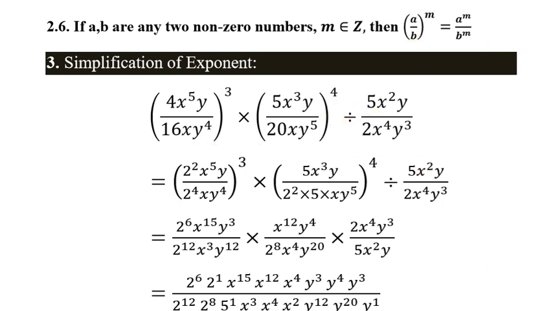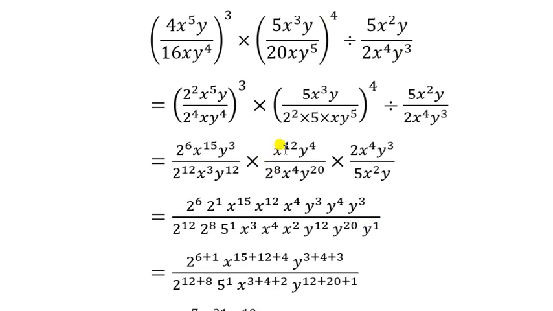So before we simplify, first we have to convert all the given numbers into prime factors. 4 we can write as 2 to the power 2, the other terms will be the same. 16 we can write as 2 to the power 4, because if we factorize 16 it will come 2 into 2 into 2 into 2. 2 will come 4 times, that's why 2 to the power 4. 5 no need to factorize because it is already in prime form. And 20 you will factorize as 2 to the power 2 into 5. And the others are already in prime form, 2 and 5, so no need to simplify.